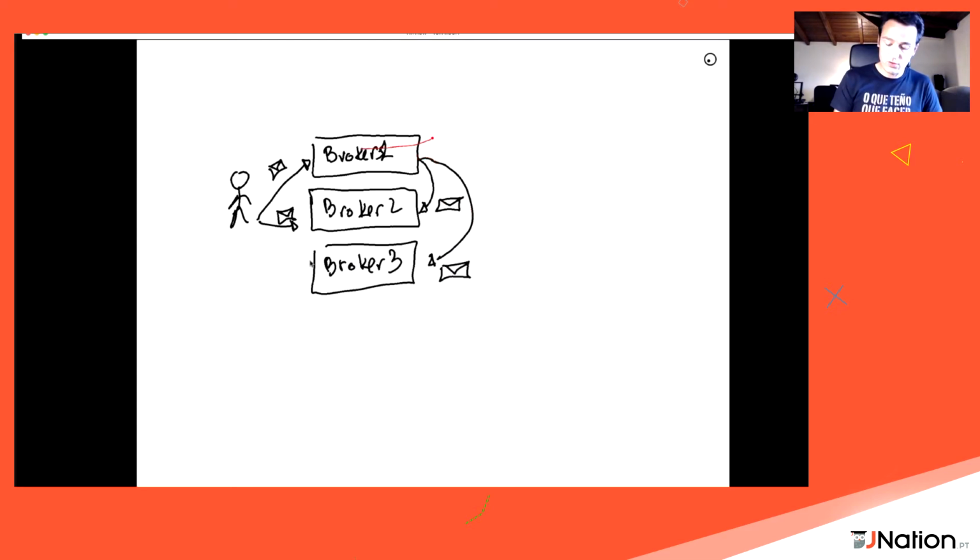If we lose broker 1 for whatever reason, even forever, it's not a big deal because we still have a copy of our data in broker 2 and broker 3. So Kafka also gives us the possibility to not lose our data, because it's replicated in different machines and in different places.